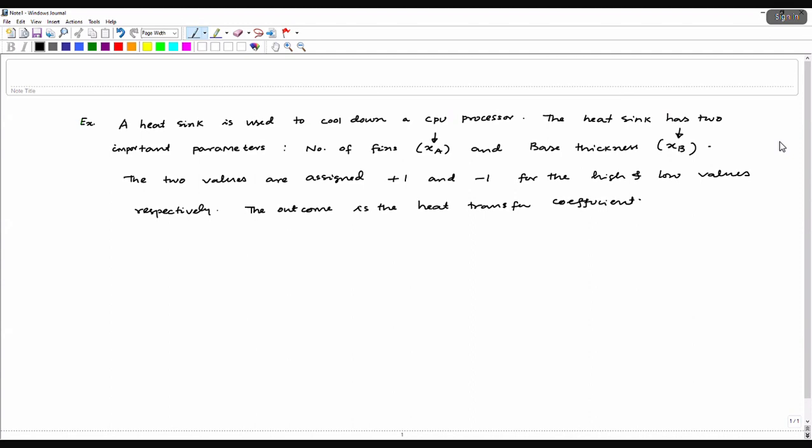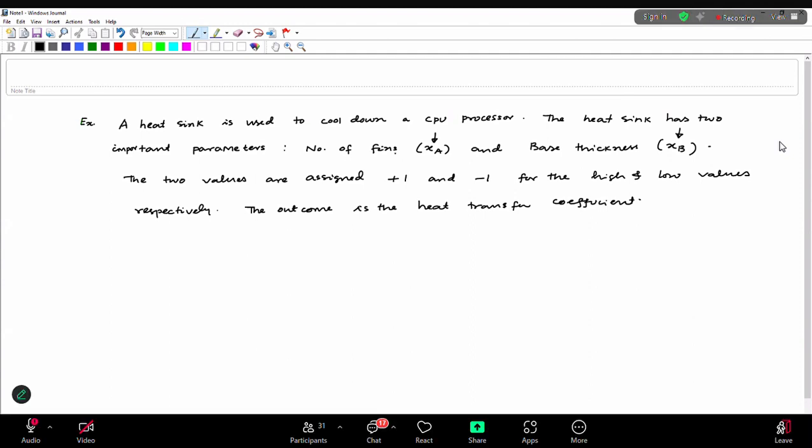The outcome of these 2 parameters is in terms of the cooling efficiency, which is represented in terms of the heat transfer coefficient, and that is the variable y in this case,